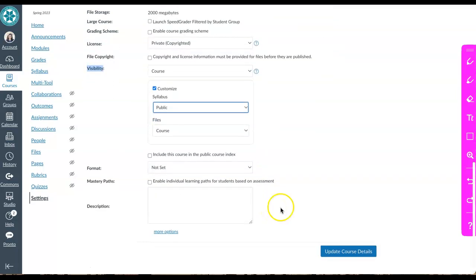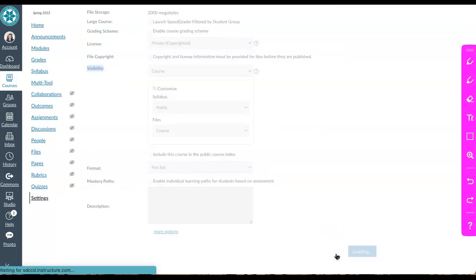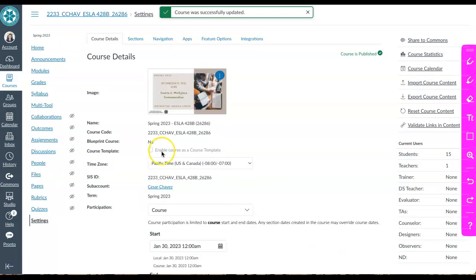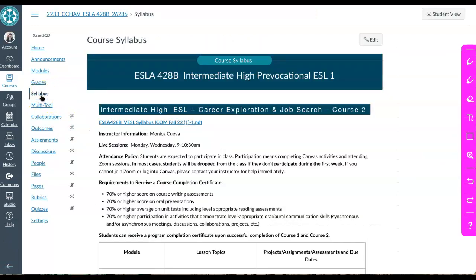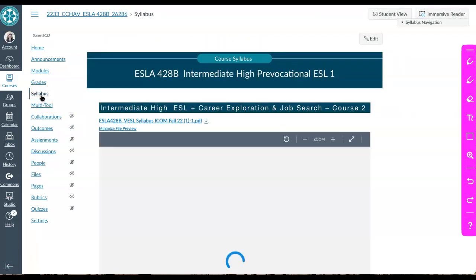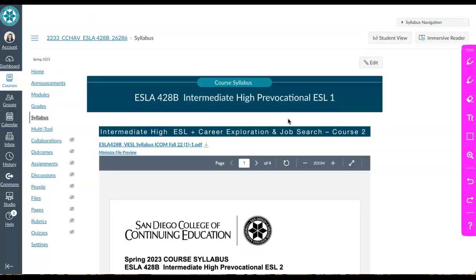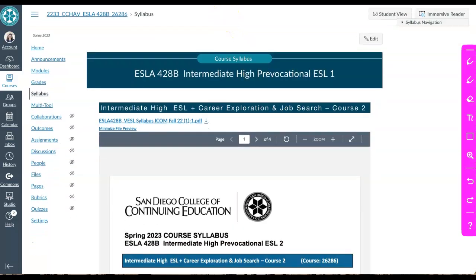Scroll all the way to the bottom and select Update Course Details. Then go to the syllabus link. This is the page where I added my syllabus. Up at the top,